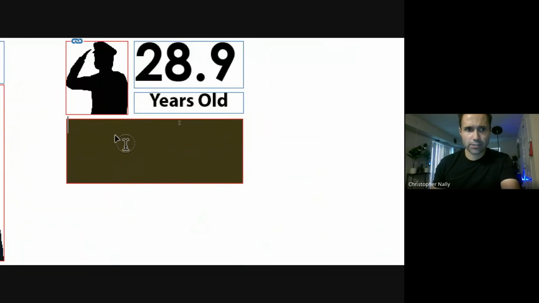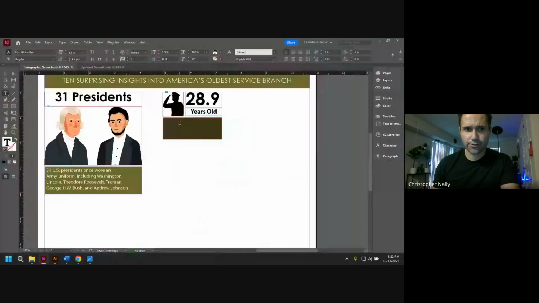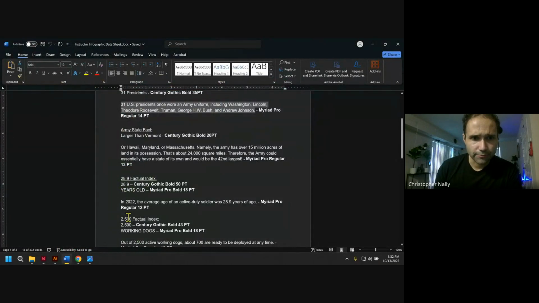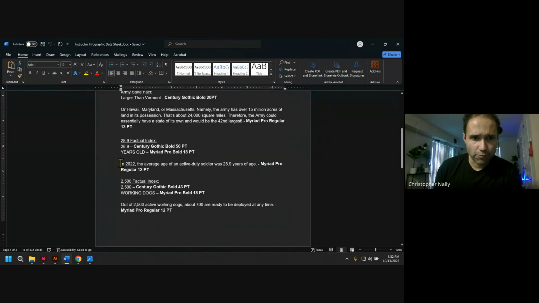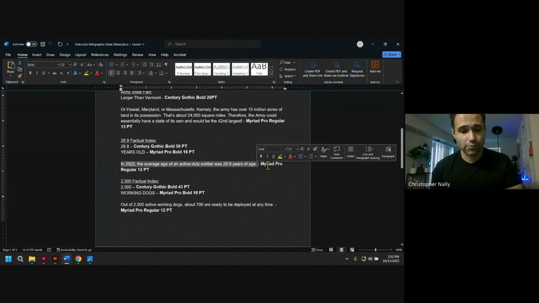So let's go on over and grab our type tool once again. Click in the box. There's our blinking cursor. And I'm going to pull up our data sheet here. The data for this one is going to be in 2022. The average age of an active duty soldier was 28.9 years of age. Whoa, that's pretty cool. So I'm going to Control-C this,